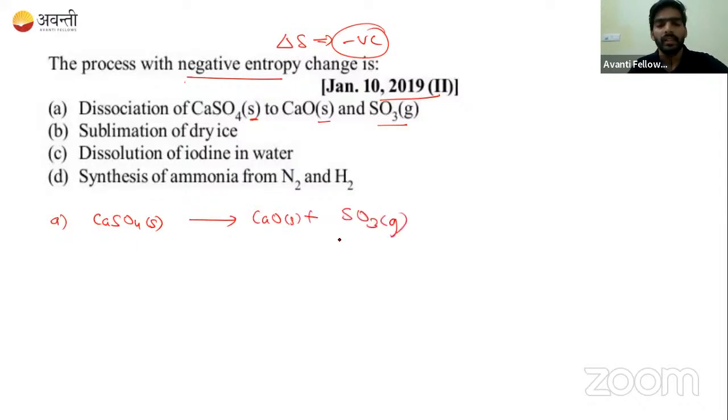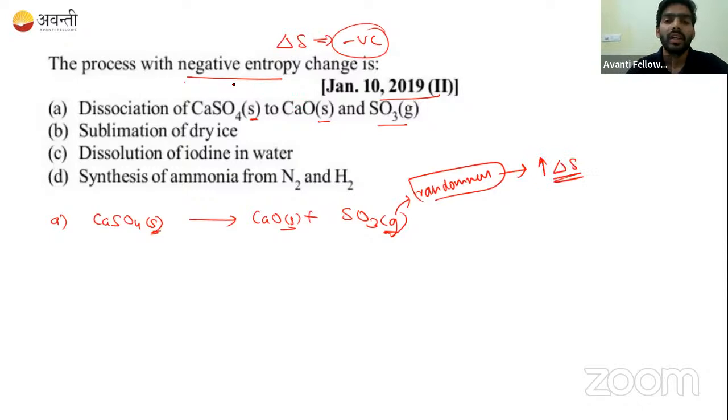SO3 gas. So that means here from solid we are getting solid as well as gas. Whenever there is a phase transformation from solid to gas, or liquid to gas, or solid to liquid, that means entropy is increasing. From solid it is becoming gas, and gas gives randomness. And we know that the increase in randomness is nothing but an increase in entropy. So here it is telling negative entropy, not positive entropy. So this